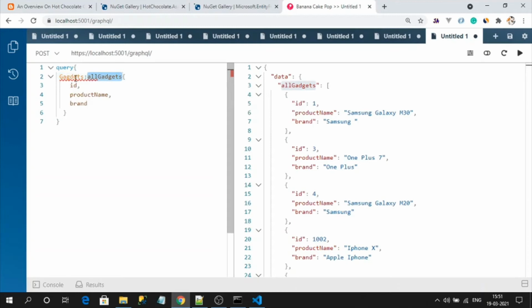Now the server will automatically pick this name and return the response. See, the response is changed now. Gadgets is my object name. So that's how alias names are very useful to maintain coding standards, like giving meaningful names, which is also a coding standard, right? So it will be helpful in those cases.